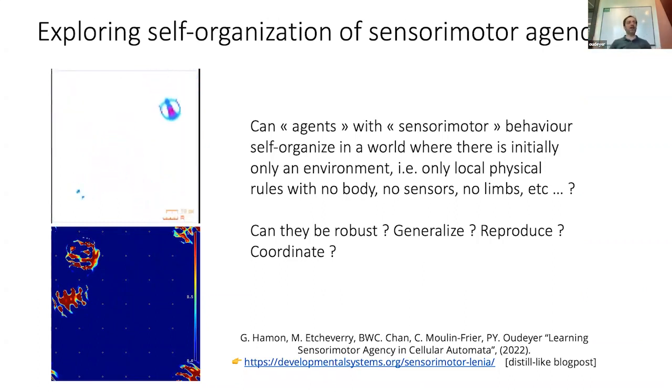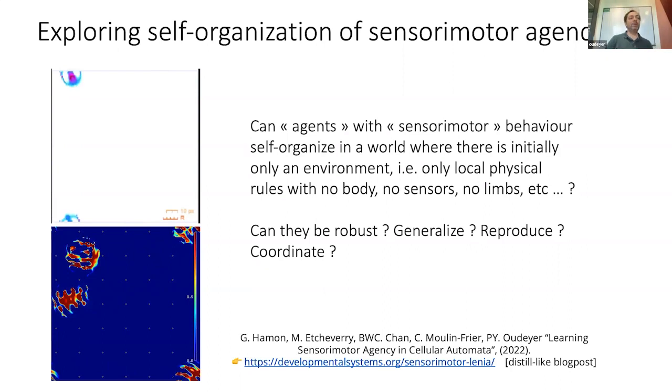they explode. And so one open scientific question is: is it possible to find an environment with laws of physics which enable self-organization of creatures? Initially there is only an environment, only local physical rules. There is nobody, no sensors, no limbs, no muscles, whatever, just distributed local physics. Can we find an environment with laws of physics such that agents self-organize with a localized body that is robust, that can have organized reaction to their environment, that generalizes to multiple kinds of environments, that can reproduce, that can